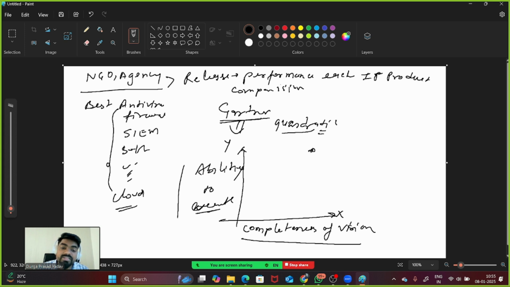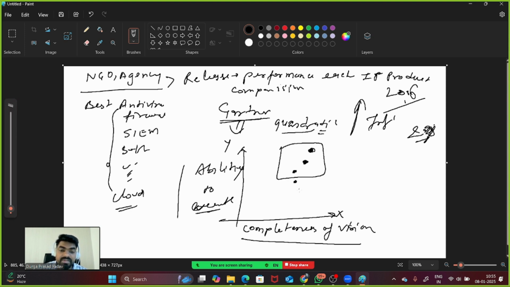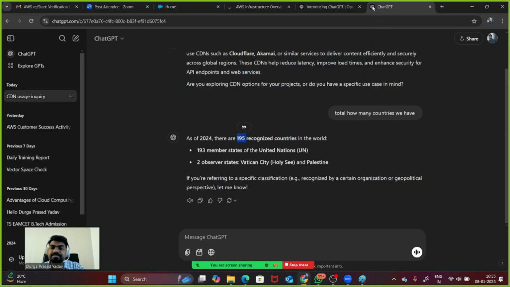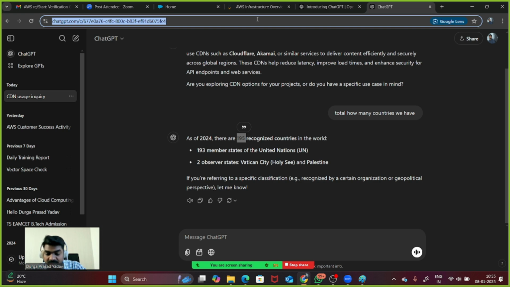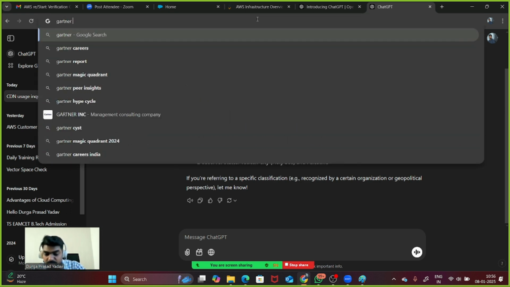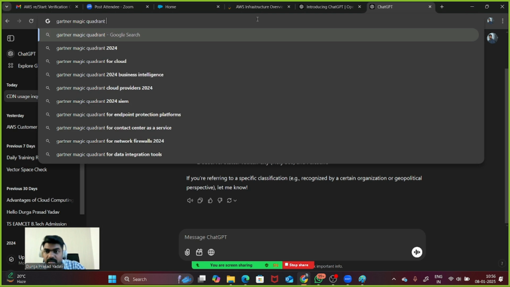In that report, AWS is always on top in infrastructure from 2006 onwards till 2025. Till now, AWS is on top if you talk about cloud, and second is Azure, third is GCP, fourth is IBM. These are the top three players, and after that IBM, Alibaba, Salesforce, and all other clouds come into the picture. If you need to check it, guys, you can just Google by saying Gartner Magic Quadrant report